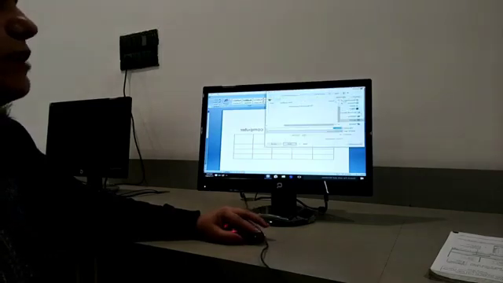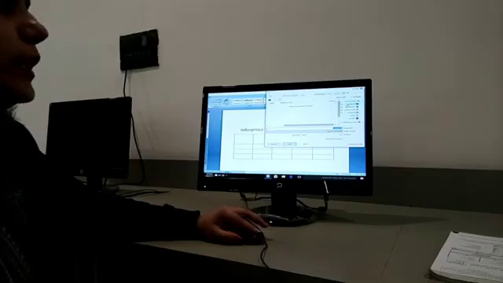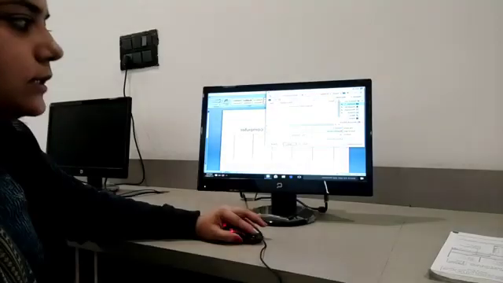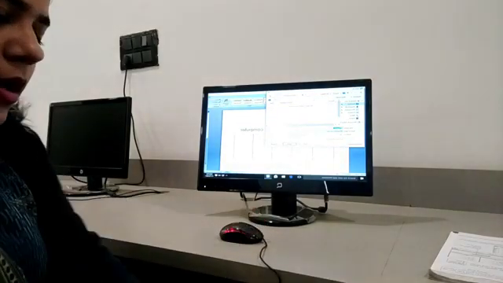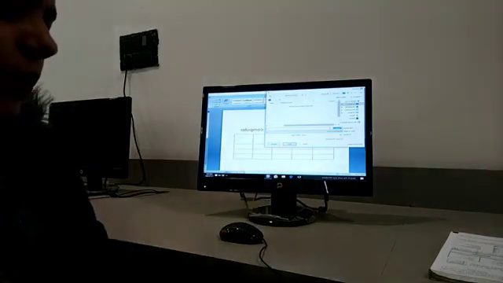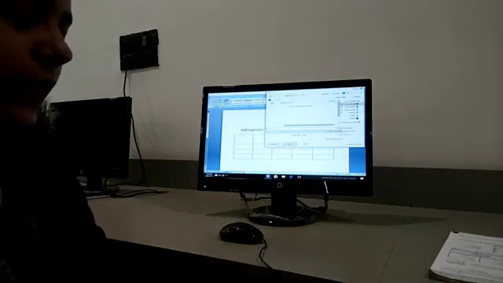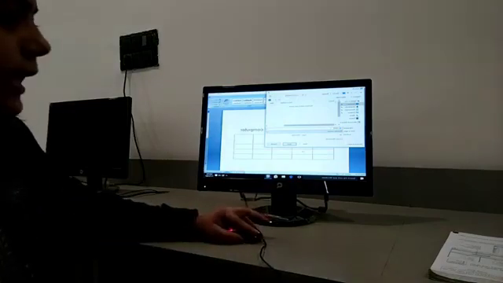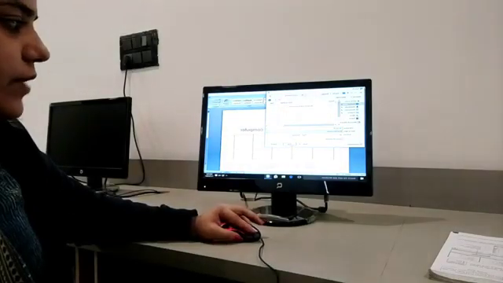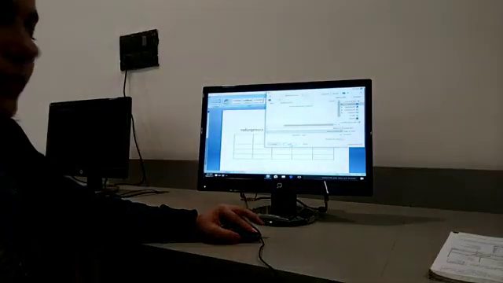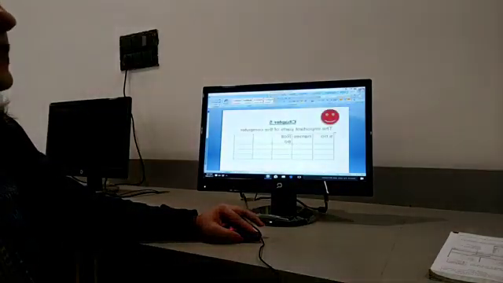Now we can save our file anywhere. If I want to save my file in documents, then I select documents, write the name here, whichever I want to write. I want to write MS Word. So I write the name. Now I will save it with the help of the save button. So see, I've saved it.